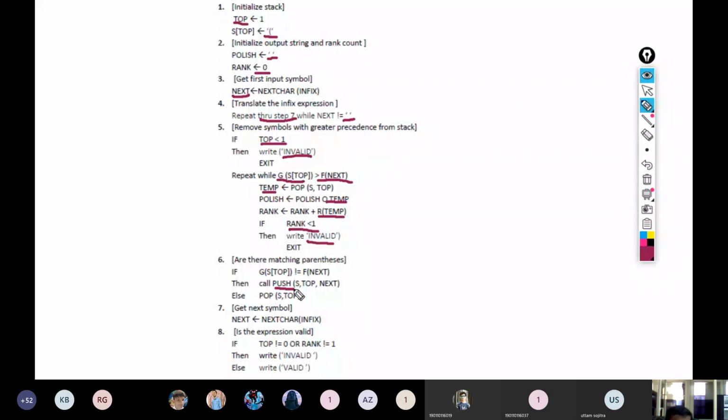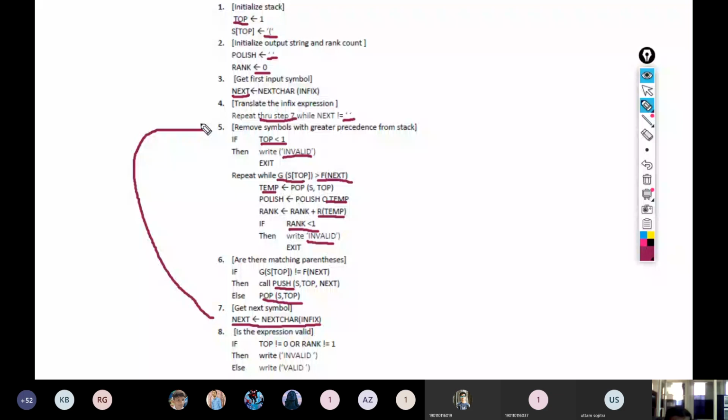Otherwise, if the precedence function of the stack and the precedence function for the next input variable are the same, then you will just pop the stack and you will do nothing. This is for the opening parenthesis getting removed from the stack, and then we will update the next variable with the next character from the string, and again we will go to the 5th step,